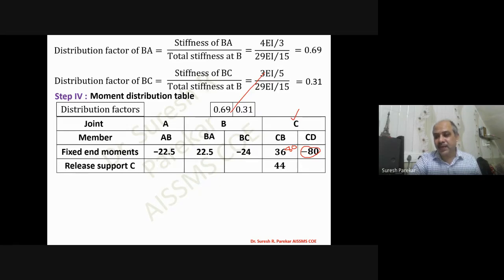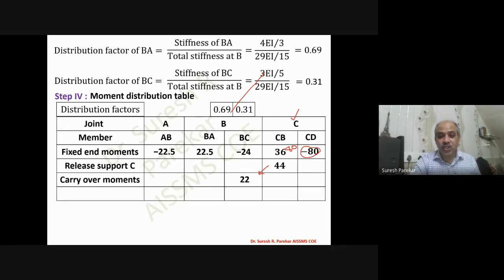Now you can see we have CB, and therefore we carry over the moment. Now BC, we have to transfer. We have applied this for member BC, CB, and then we transfer it to BC, and that transfer will again be half, 22. Now it will be the total moment. Here I do not have final moments, so I will go after release. You have to go to the total moment, provided you have distribution over there.